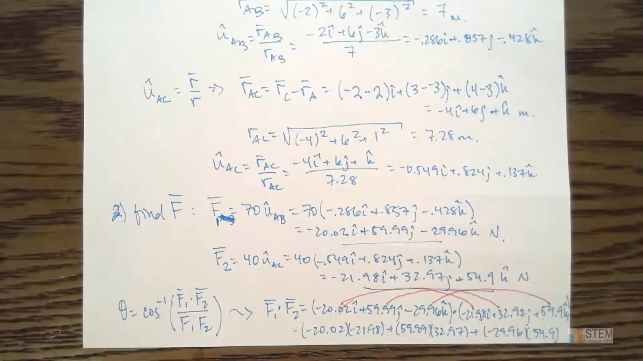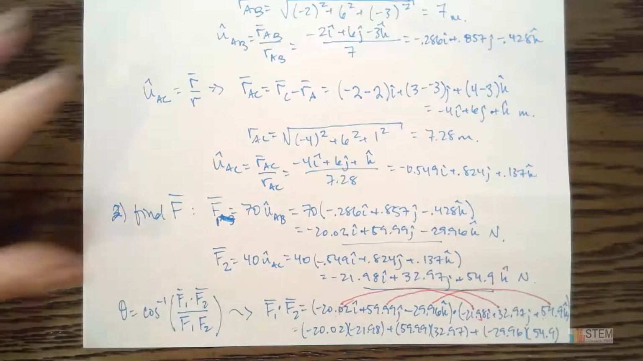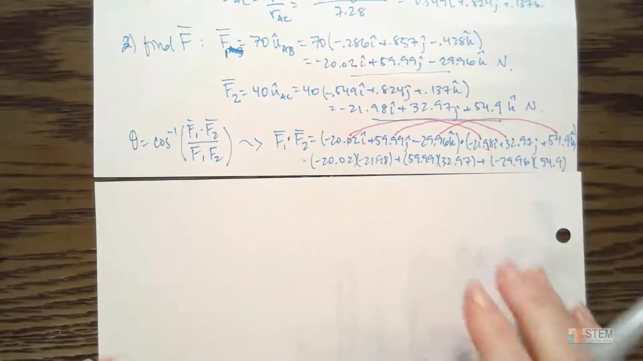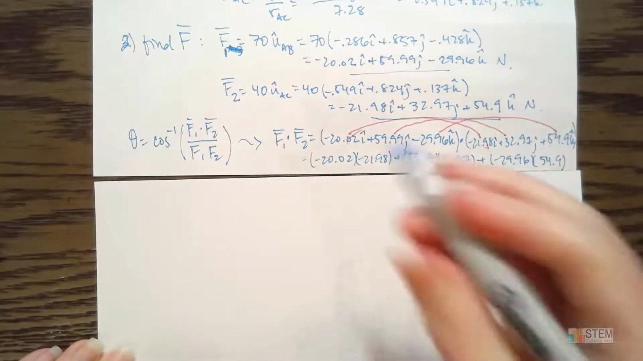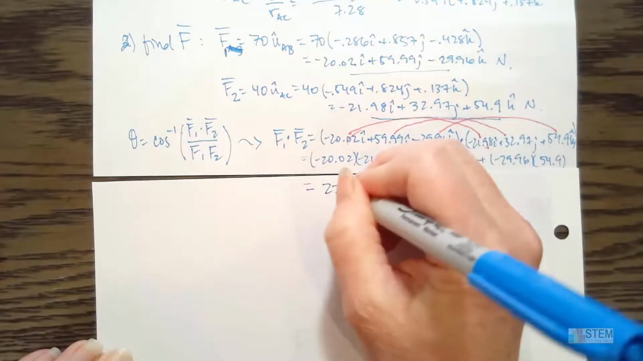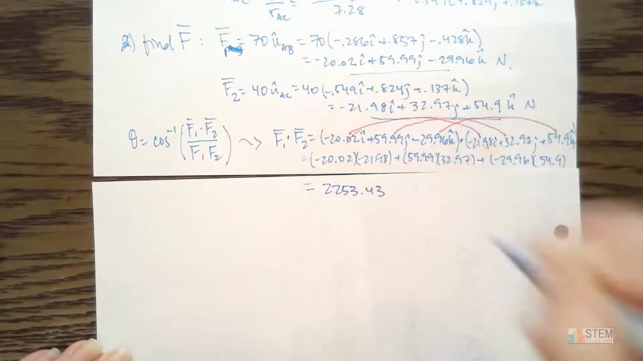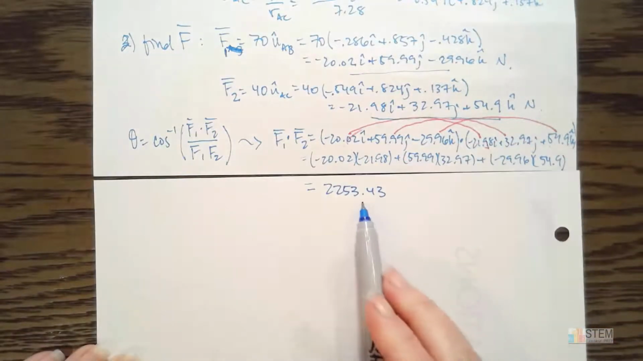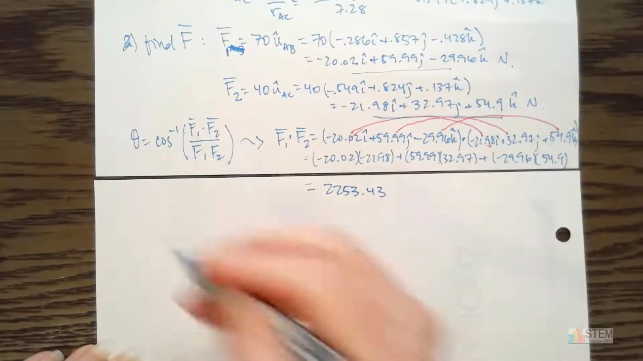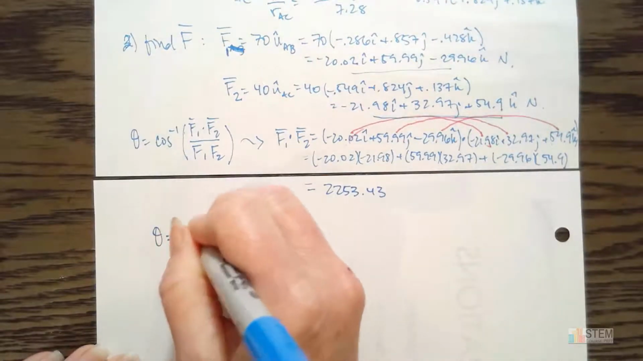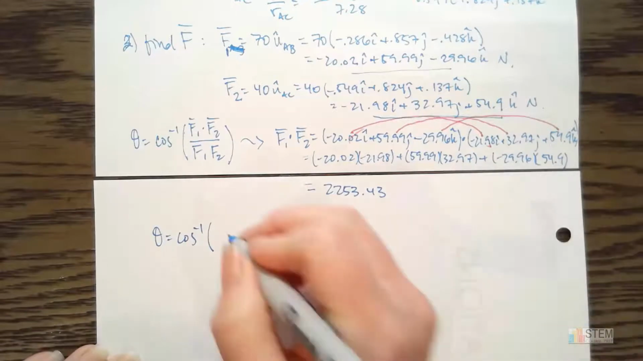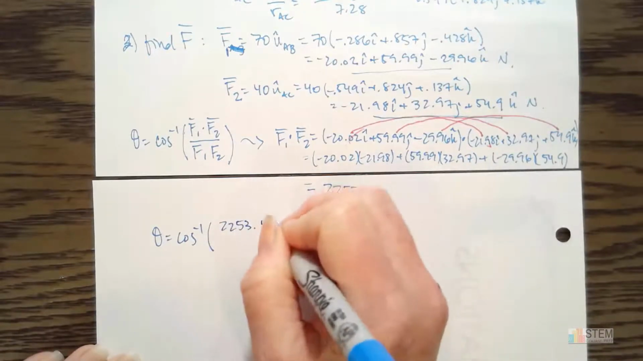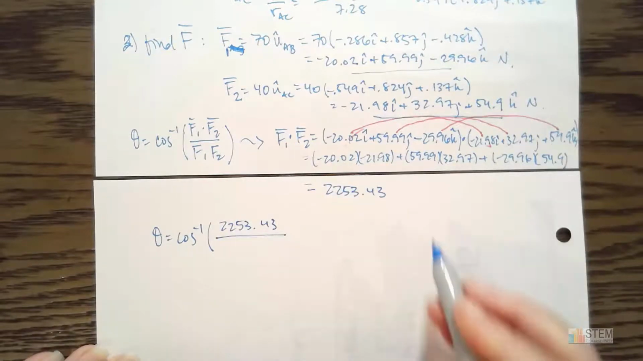All right, let me get another piece of paper here. So once you end up calculating all of that, we end up getting 2,253.43. All right. Now we've got this. Let's go ahead and plug it into our theta equation. Okay, so the dot product was 2253.43, and